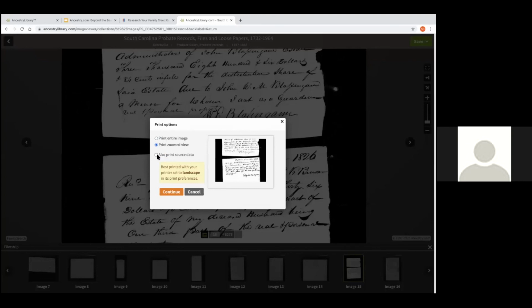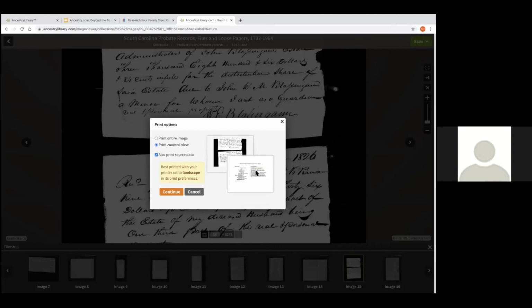And then you also can print the source data, and I always suggest keeping track of the source data and citing your sources as well. I always like to do this, especially even when I just save it to my computer, so I have the information about where this record came from. And when you're making a file name, if you're saving it, I always try to be very descriptive of what my file is of.